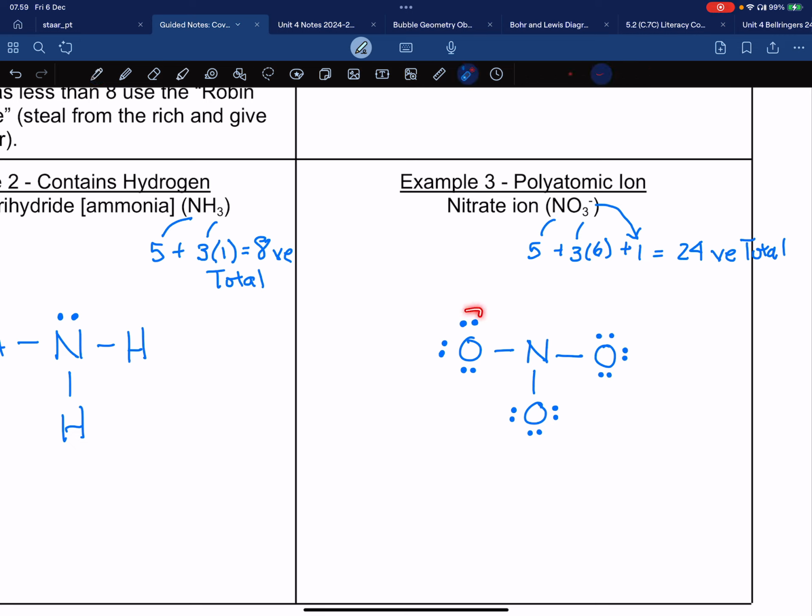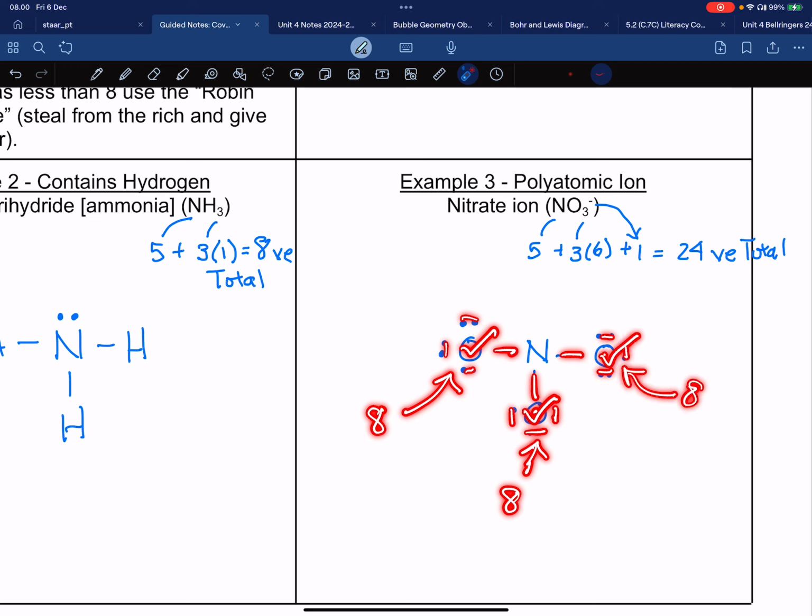Now, I started here and I went around the structure systematically, counterclockwise. Clockwise doesn't matter. As long as you go around the structure, it'll work. Now I check them. That one has 8. 2, 4, 6, 8. That's great. This one right here, 2, 4, 6, 8. So that's great. This one here, 2, 4, 6, 8. So that's great. Leaves me with nitrogen,